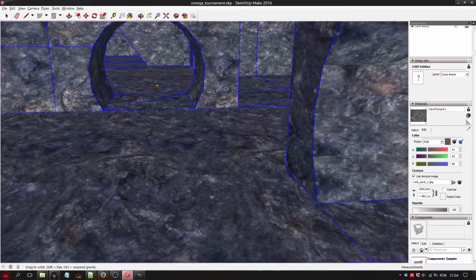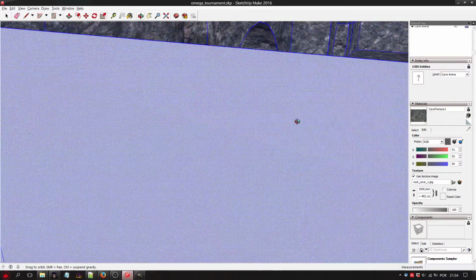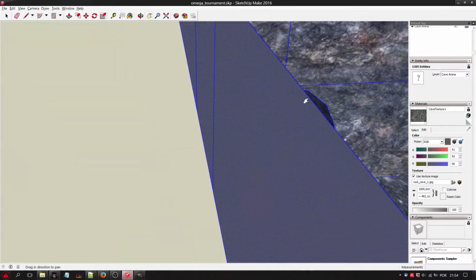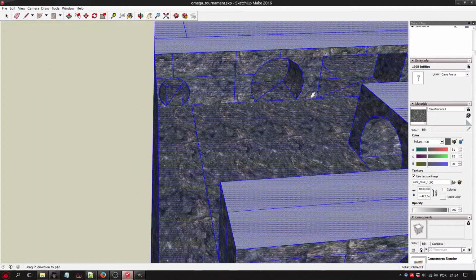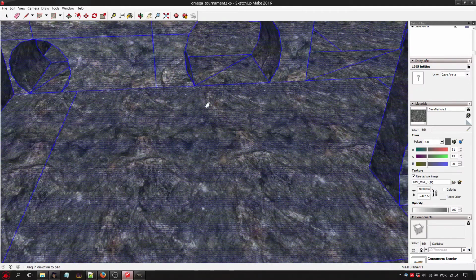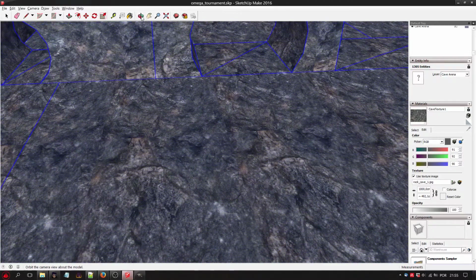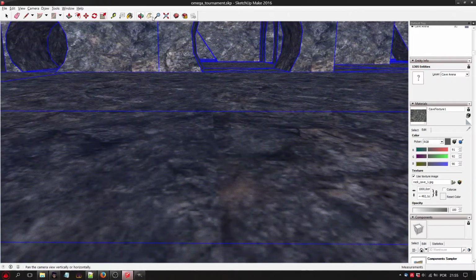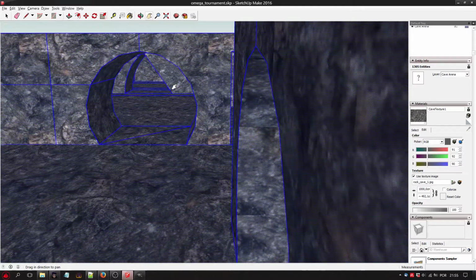As you can see, it automatically painted everything for me, since I selected everything and clicked it with the paint bucket. It looks cool.